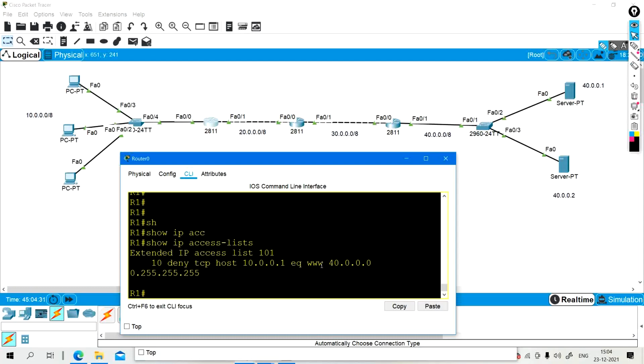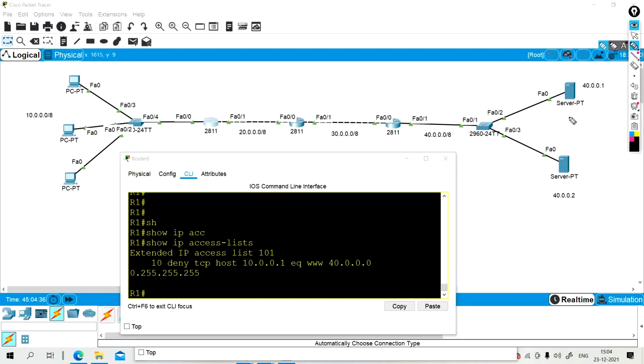Now I have to call this ACL on an interface. So if I configure on interface fast Ethernet 0/0, the direction will be in, right? Because traffic will come from here and enter this router, right? And if I call this ACL on the other interface, then the direction will be out.